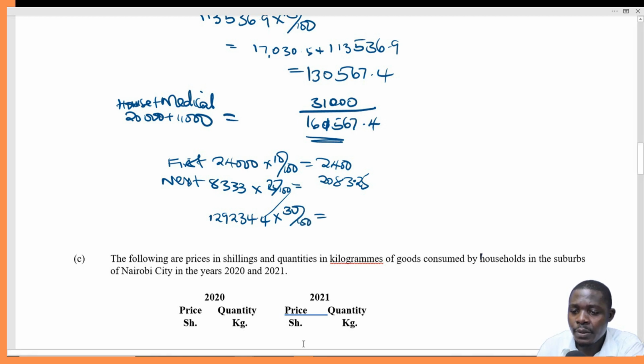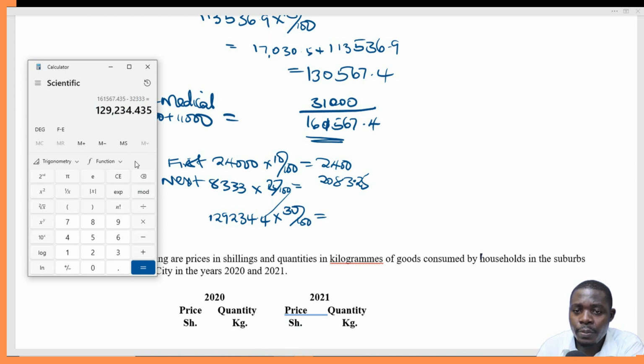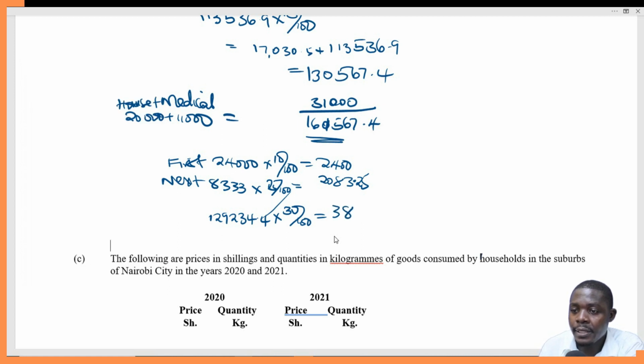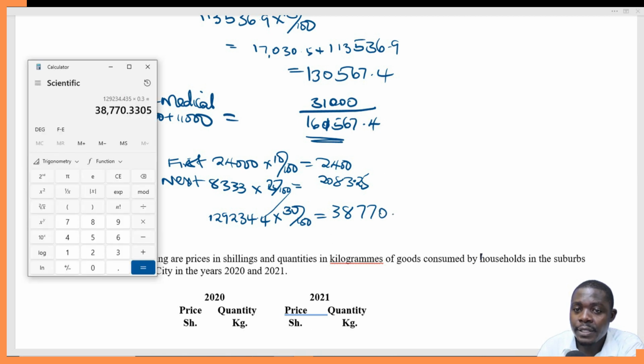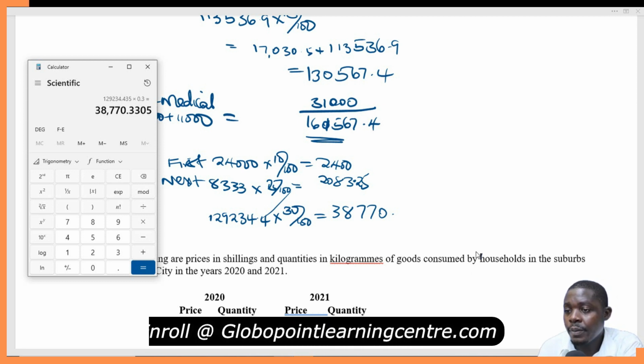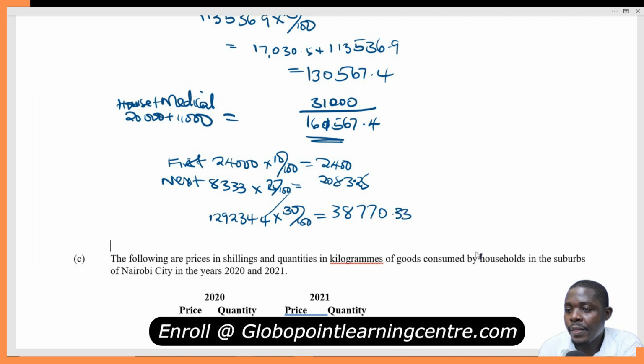Now the answer we multiply by 0.30. 0.3 multiplied by 0.3. You get 38,770.33. Then you calculate the total so that we can get the